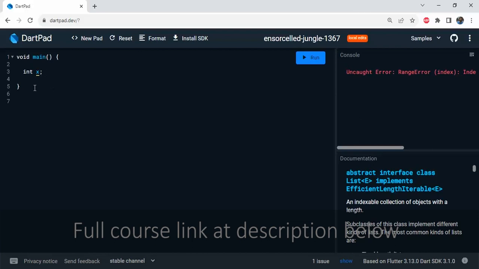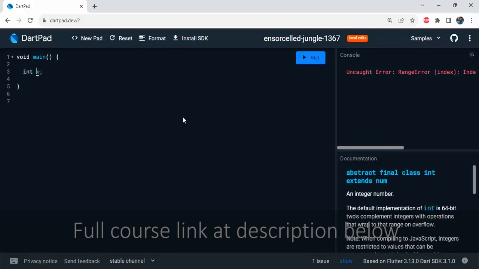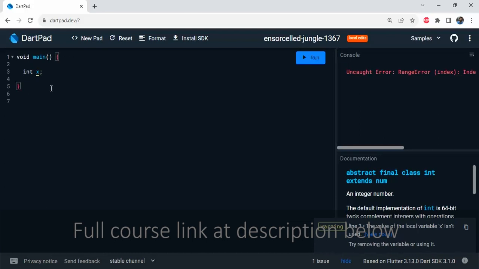not put any value inside x, and it is not showing any error right now. What it is showing is some kind of warning that the value of the local variable x isn't used. So I have defined a variable x, but it has not been used. So if you declare the same variable, or if you declare another variable outside of the main function, for example,